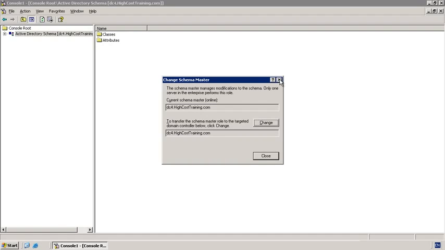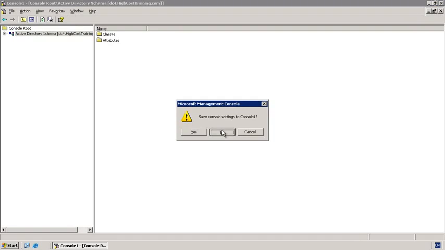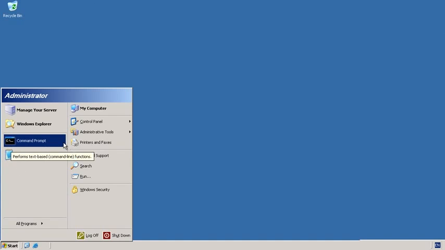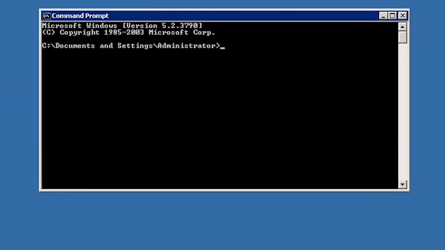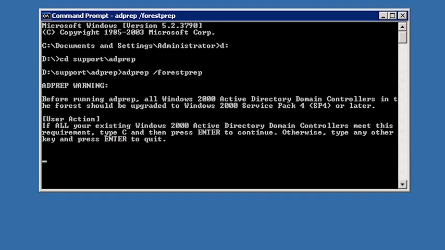I can now exit the Schema snap-in and open a command prompt from the Start menu to run the adprep tool. The adprep tool is found in the adprep folder under the support directory. To prepare the forest, I will run the command adprep /forestprep. When I run the command, I will be given a message informing me that all domain controllers need to be